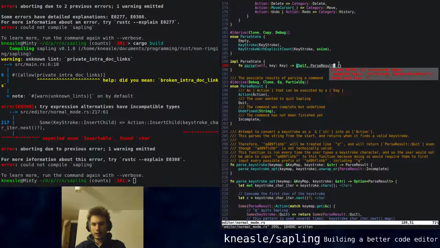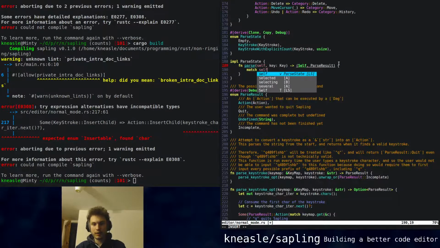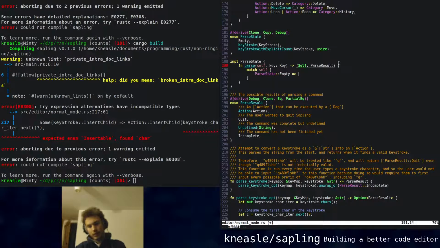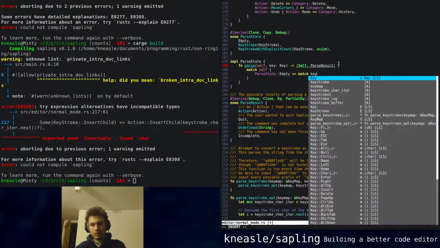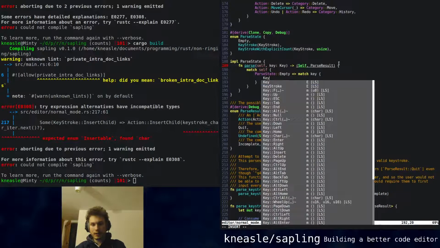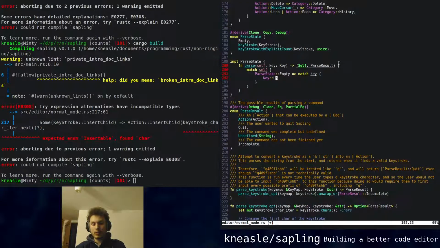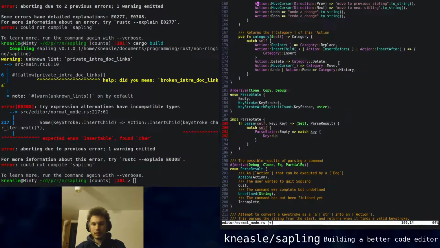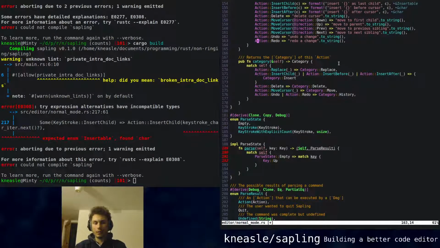Okay, so let's keep with the existing code. This is probably, oh yeah, this doesn't do anything. So we now need match self, and then if it's empty, then what do we do? So we now match on the keystroke, because that's what we'll have to do. And then if the key is key, so currently, this is another thing. Currently, Sapling always assumes that when the user's typing a command, they're always characters, which is maybe an okay assumption, but you might want to have